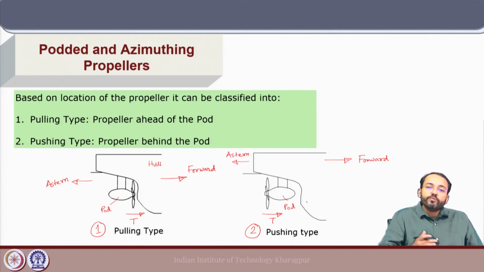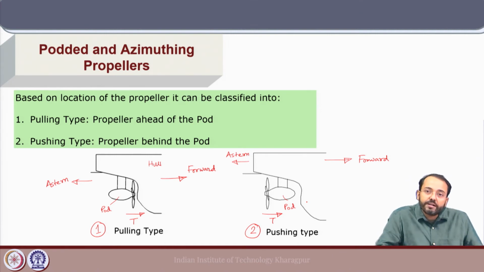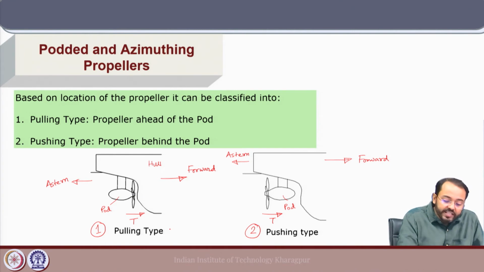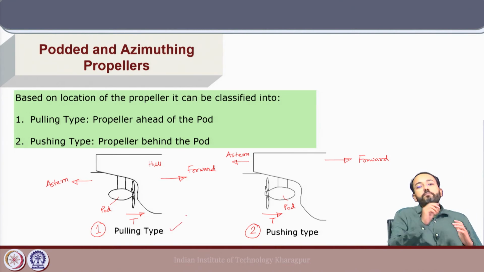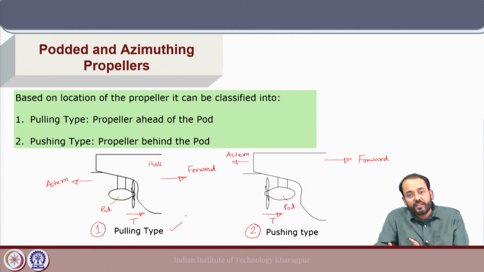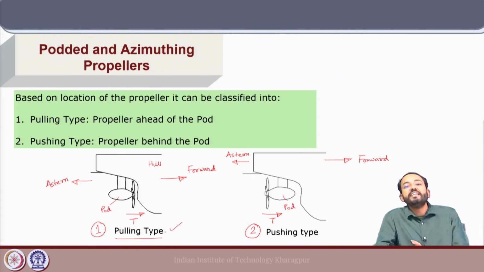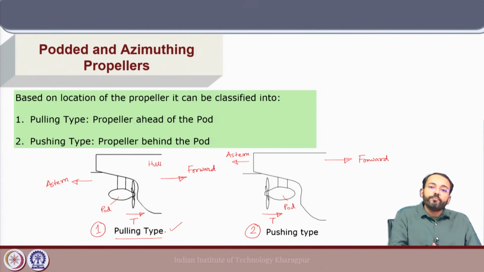Now, these two types have certain advantages and disadvantages depending on the operation condition. For example, the pulling type podded propeller has a more uniform inflow into the propeller because the propeller is ahead of the pod. So, the inflow into the propeller is not disturbed by the pod here in this pulling type,